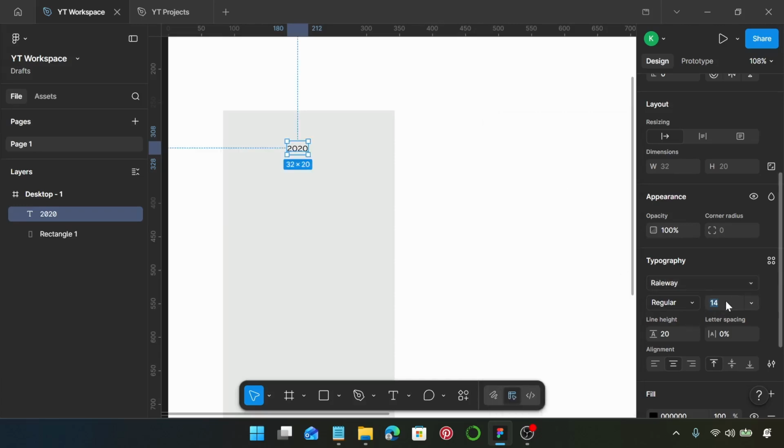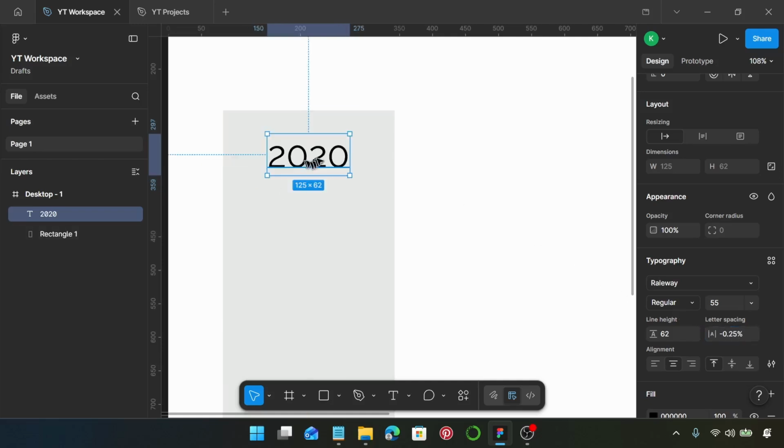Weight is going to stay at regular. Size is going to be 55 and the line height is going to be 62. And then the letter spacing is going to be minus 0.25,